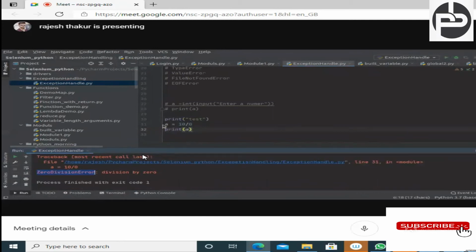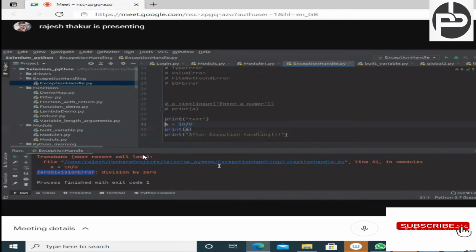It's throwing a zero division error, no worries. Now just try to understand, this line of code is throwing an error, and I am writing one more line here, print after exception handling. This code is running after exception handling, right? What I am trying to do is handle this exception. If there is an error, though it is an error, the remaining code should work.